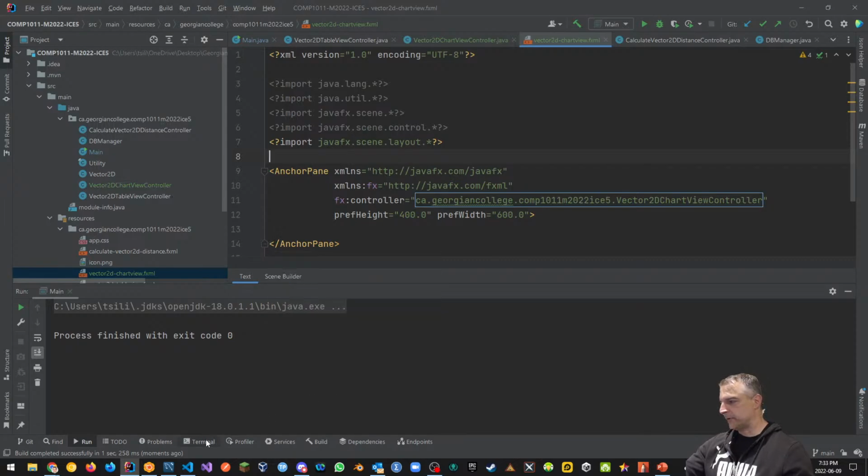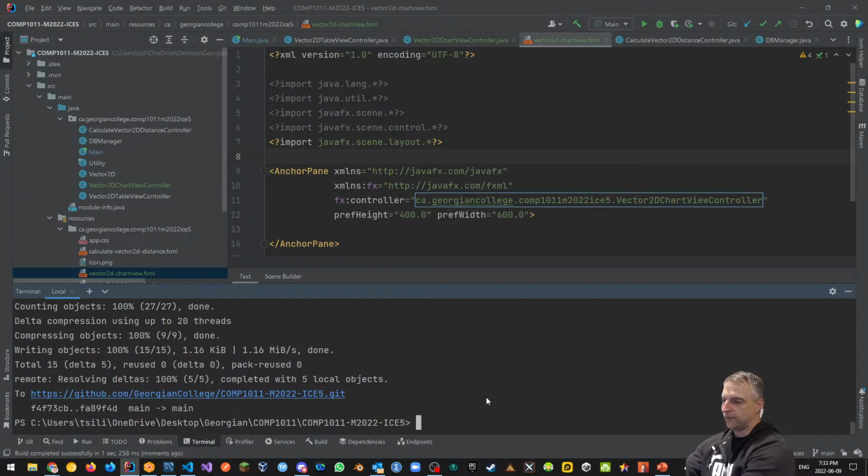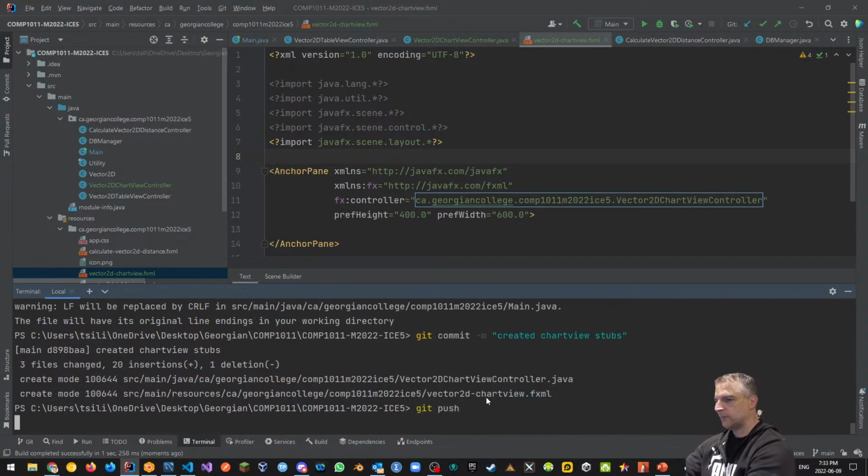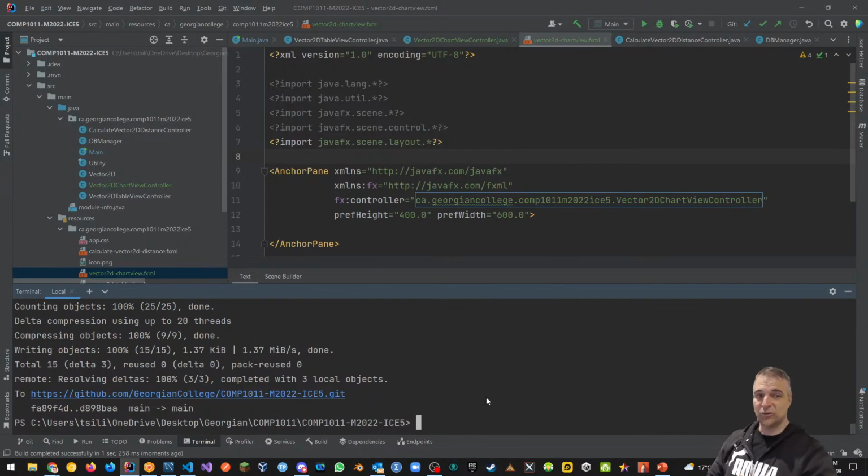All right, let's put this up on GitHub and take a short break. So again, git add dot, git commit -m, and we'll say created chart view stubs, which we kind of did. Git push. Stubs means they're just like placeholders right now for our chart view, and we've kind of set it up as the main scene. Let's stop recording now, and again, we'll come back around 7:40-ish and start the next one. Any questions before we take a short